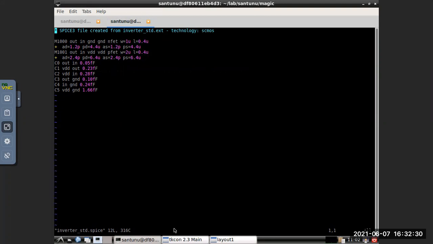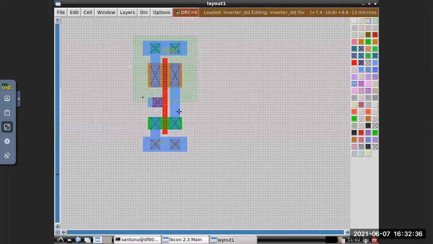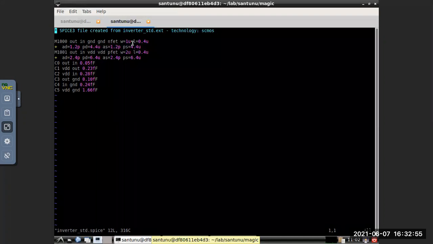If you want to see that, go to the layout. This diffusion region you can see is 1, 2, 3, 4, 5, 6, and 6 means it's 1.2 micron. So that is the diffusion length. That's why it is 1.2 into 1, that is 1.2 pico.